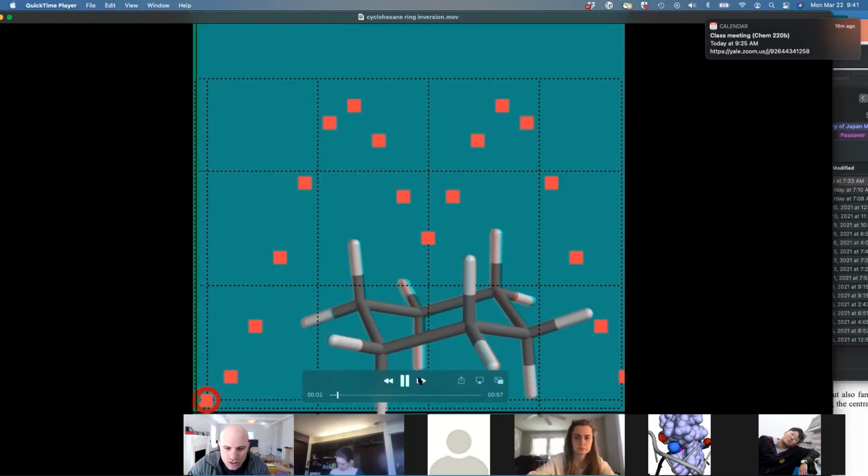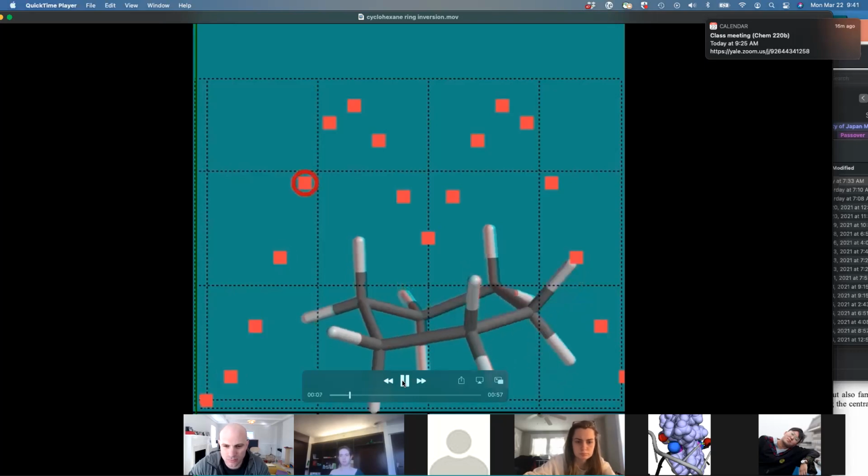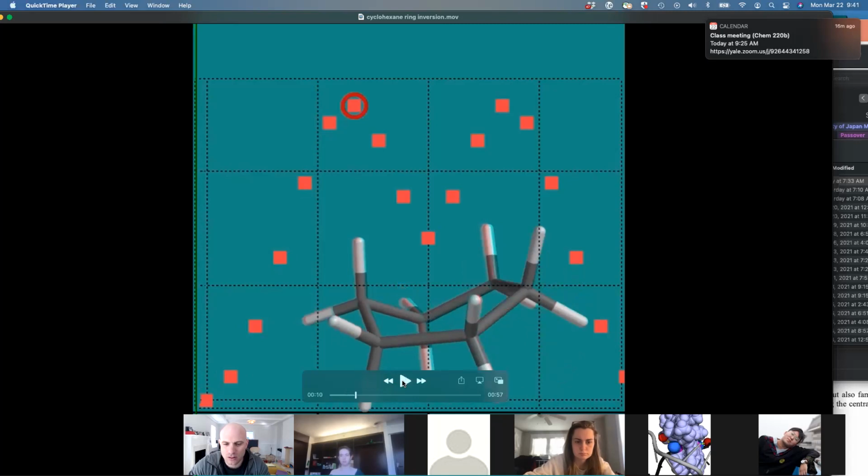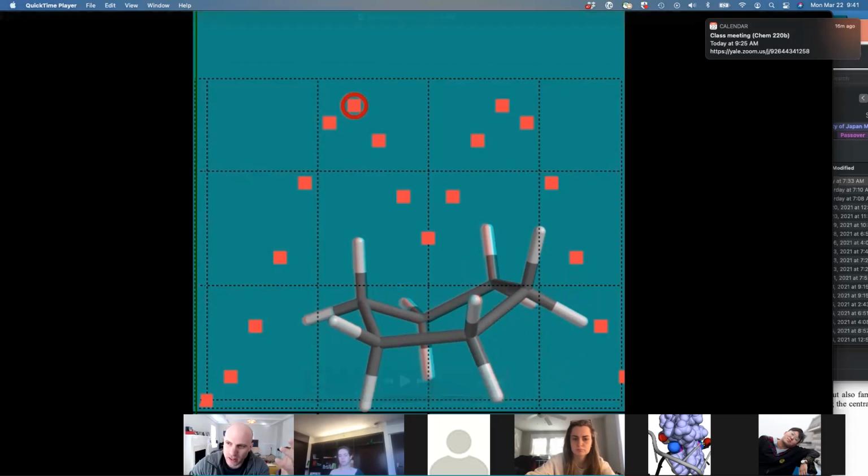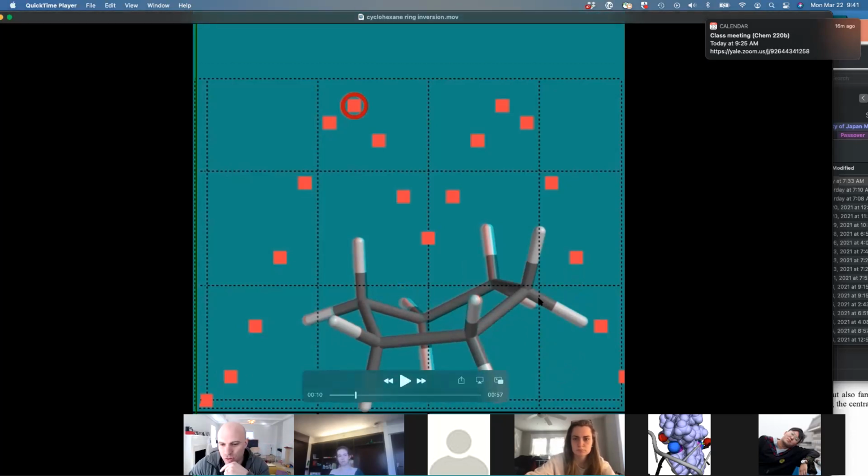And this guy's going to start to come up. Okay. Follow this proton here. So this one is equatorial. Look at its change in orientation. Do you see that? So I can stop it right there. And we can say that now this proton is almost vertical. It's not there yet, okay? But it looks like it's trending towards an axial orientation, and that is what's going to happen, all right? The other proton that was axial is now pointing much more closer to horizontal, and that one's going to occupy